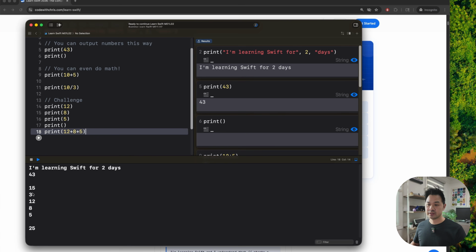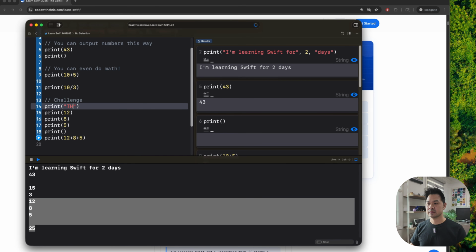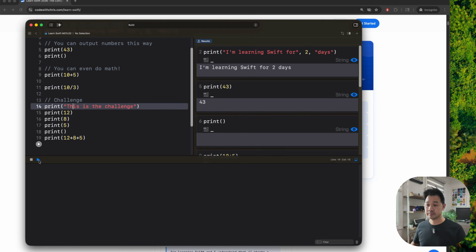So this is what you see. Starting from, sorry, it's a little messy. Starting from there, you could say, this is the challenge. All right? It can be like that. Okay, so while that prints out,